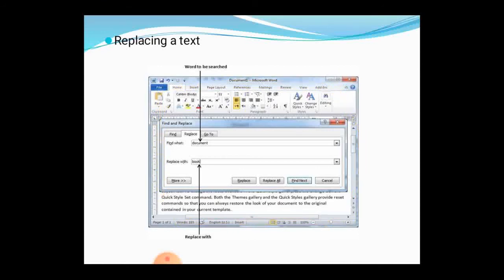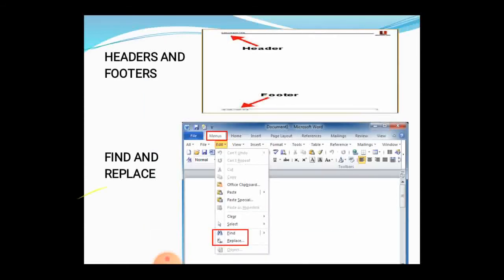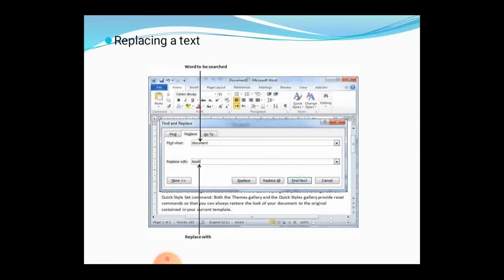In find what, you enter the word, so here you mention ninth, and in the replace with option you give 10th. So all the places in the 10-page document with the word ninth will be replaced by 10th. Finally, this is the method for finding and replacing.